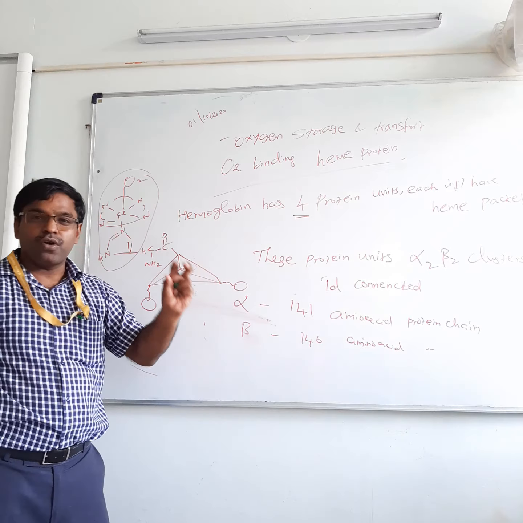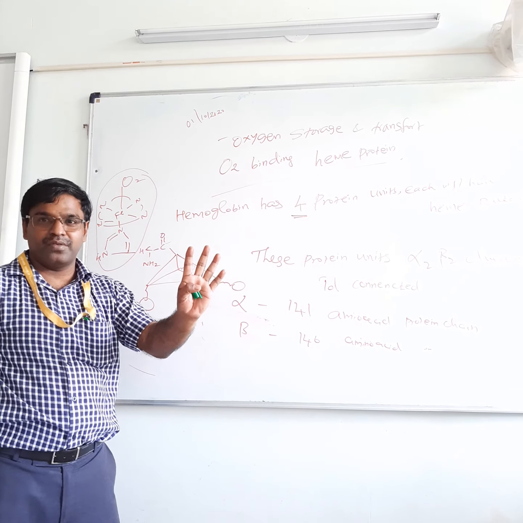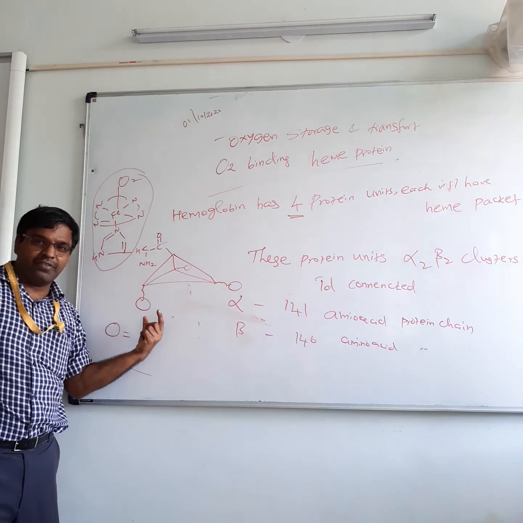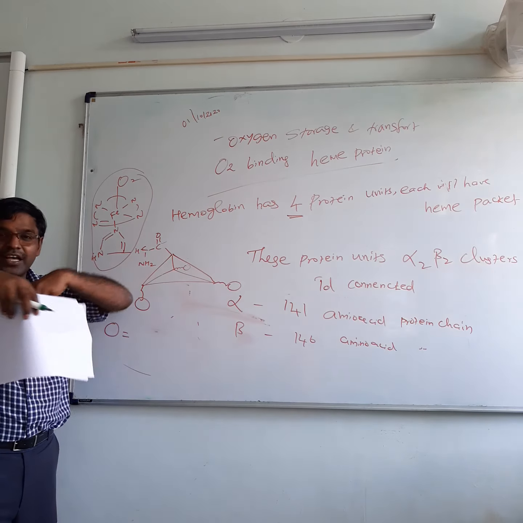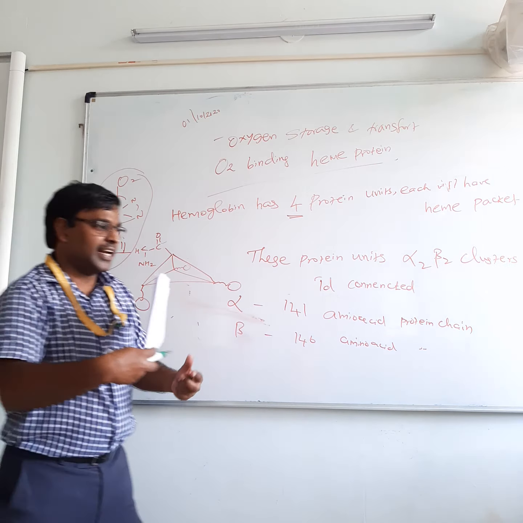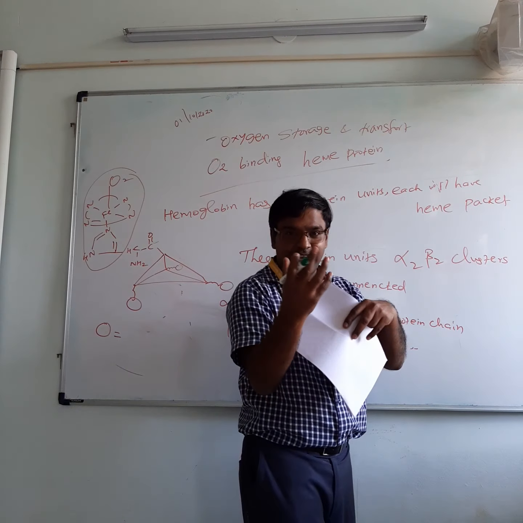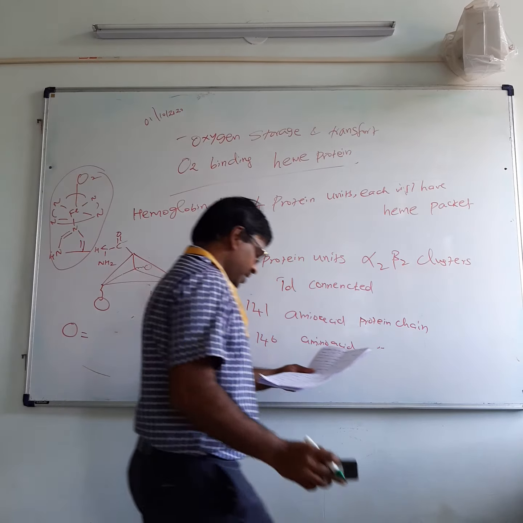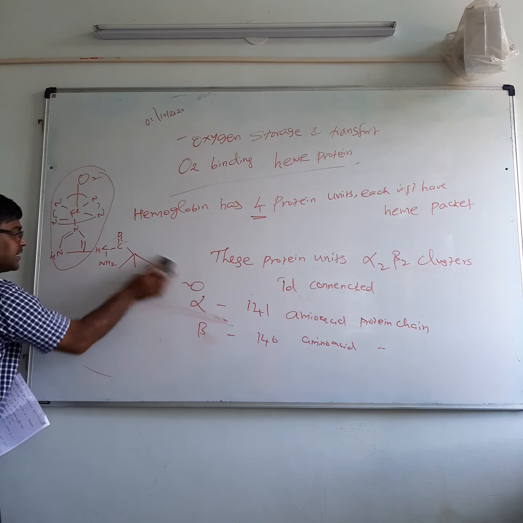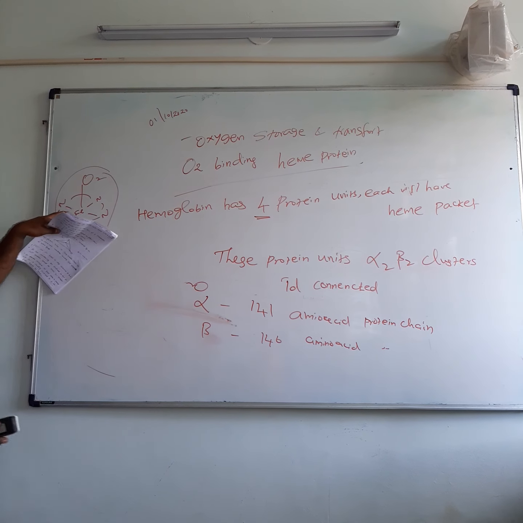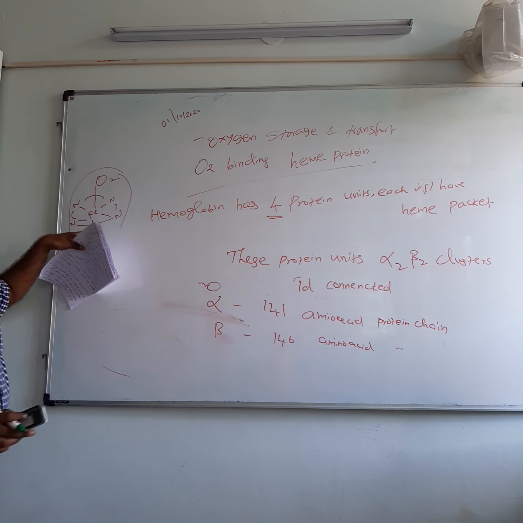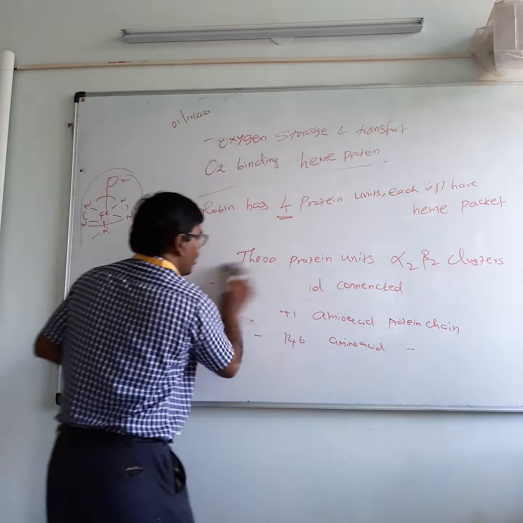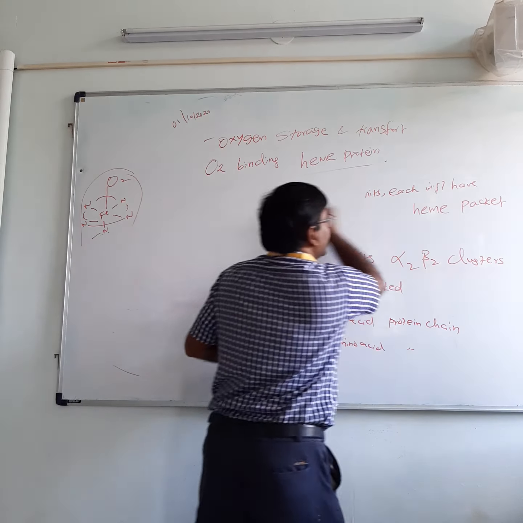That means hemoglobin has four iron atoms which are connected in a tetrahedral fashion, but they are all encapsulated. It is not really exposed; it is buried inside the protein. That is the meaning. And this iron is very sensitive to water. If water is there, this will be very dangerous. They are not stable.